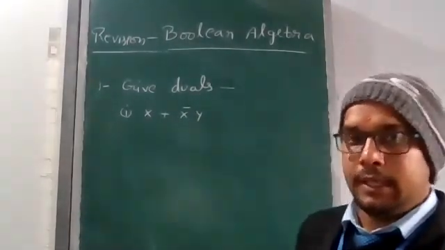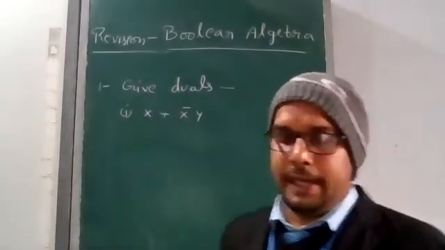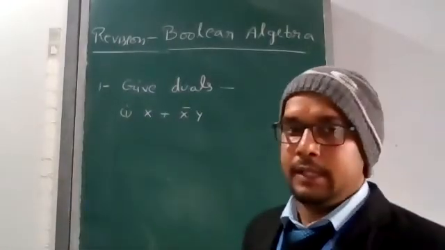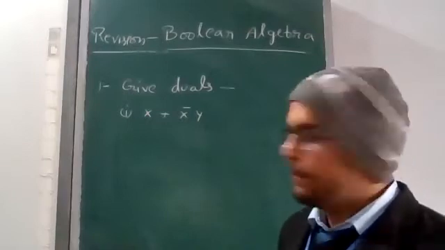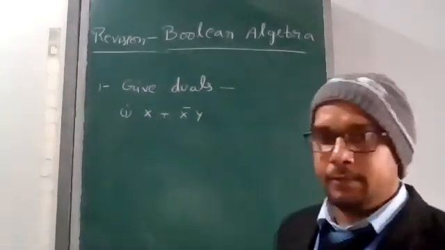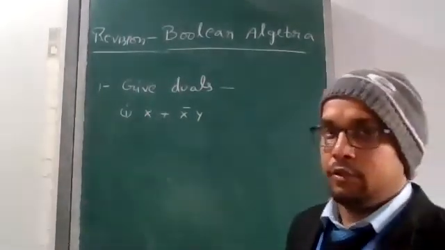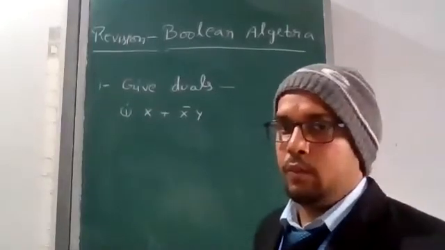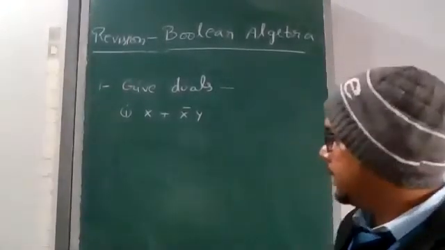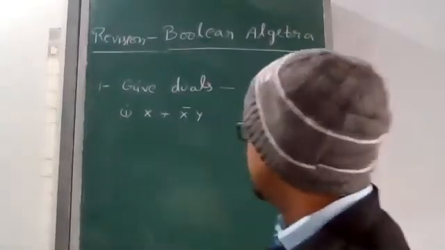Second point is each dot means AND sign change to OR sign, that means dot change to plus. Next point is every zero will change to 1 or 1 to 0. Like solution of this question,